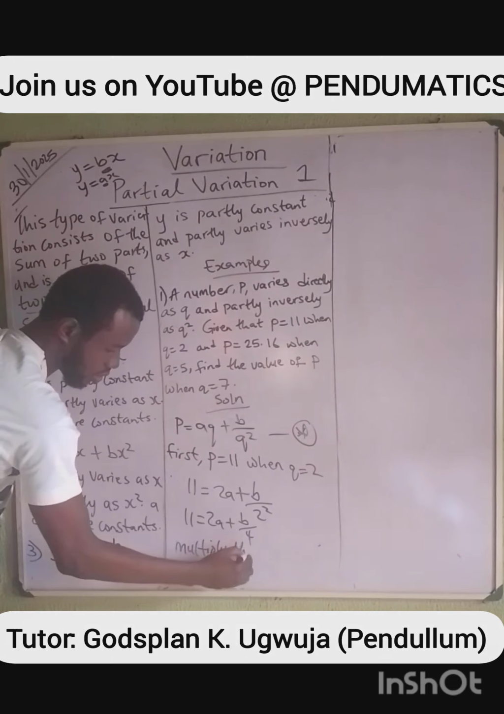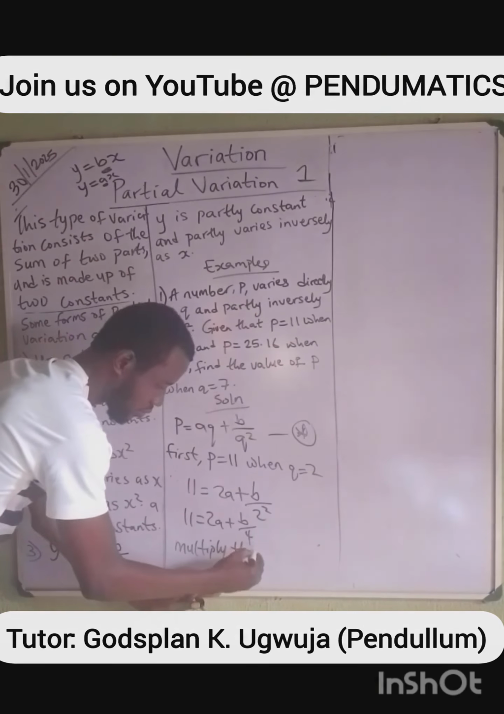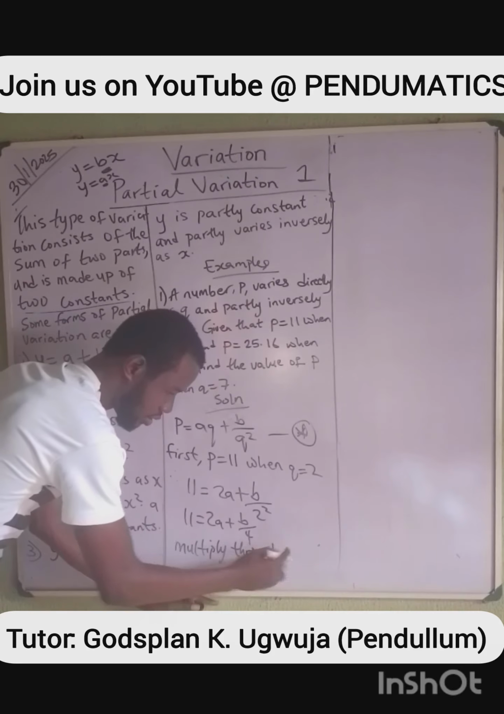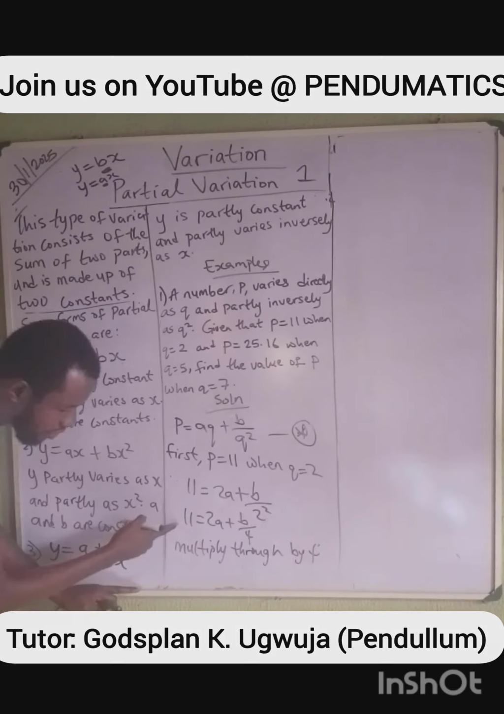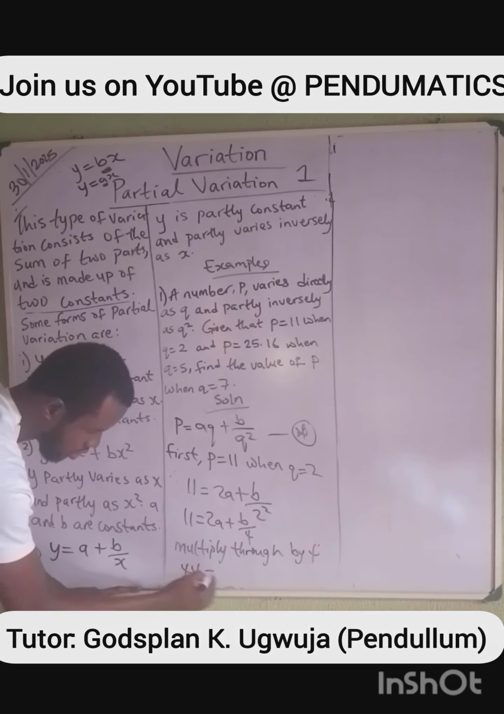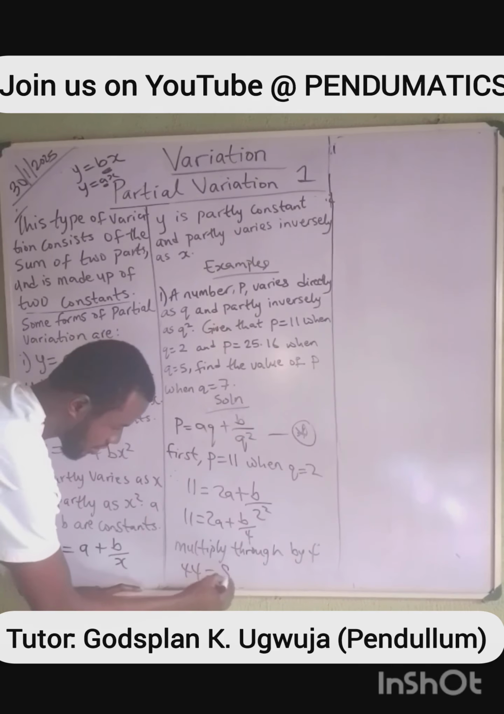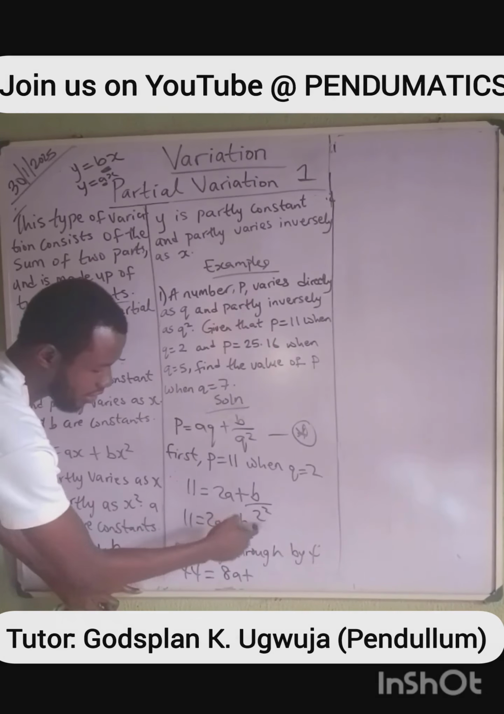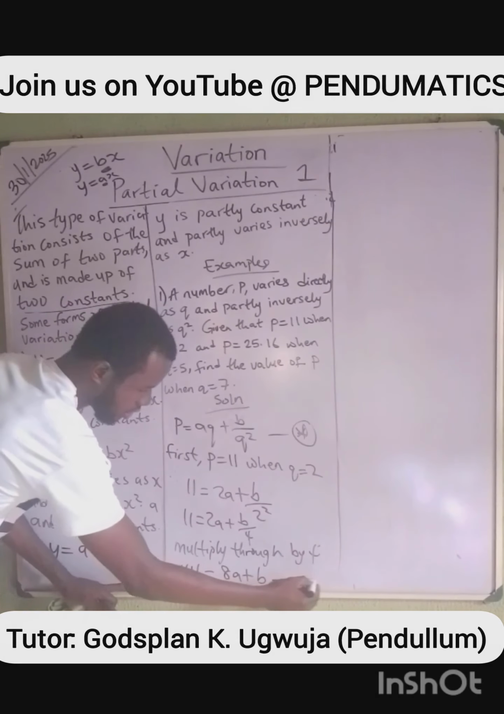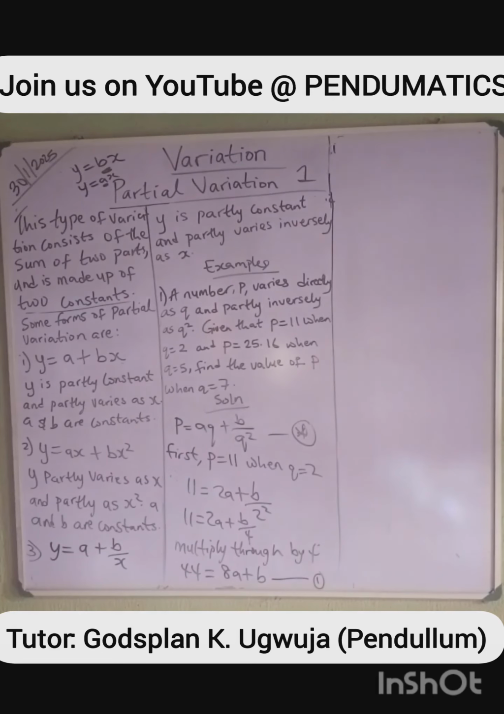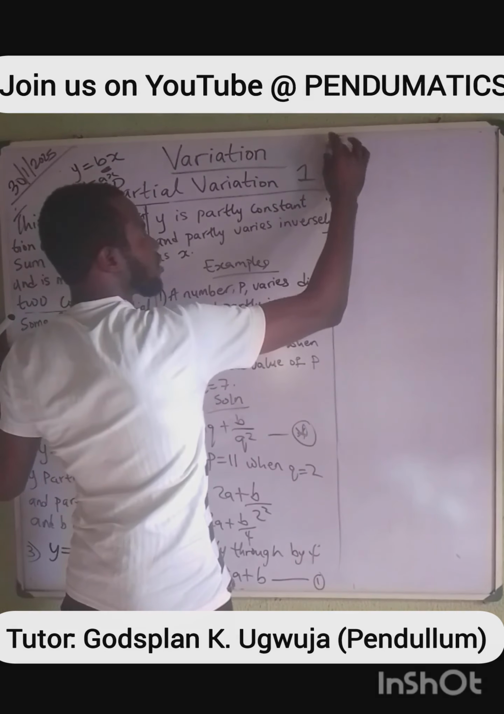I'll multiply through by 4. And 11 times 4 is 44. 2A times 4 is 8A. And if I multiply this by 4, 4 will cancel 4 plus B. So let me call this equation 1. Then second,